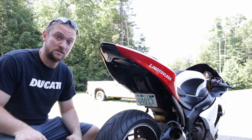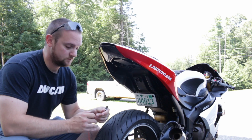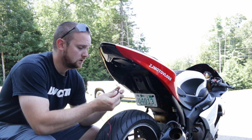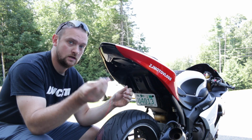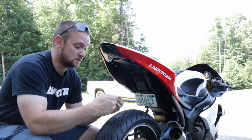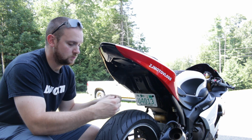Alright, so now that I had to run upstairs because my SD card was full, let's get back to what I was trying to do. The way these little guys work is, you take this nut off the back, that secures it onto your license plate bracket. You take it all the way off and slide it right out. You put this into the hole for the license plate bolt, weed the wires through, then you do the opposite. You put the nut right through the wires, pull it up,